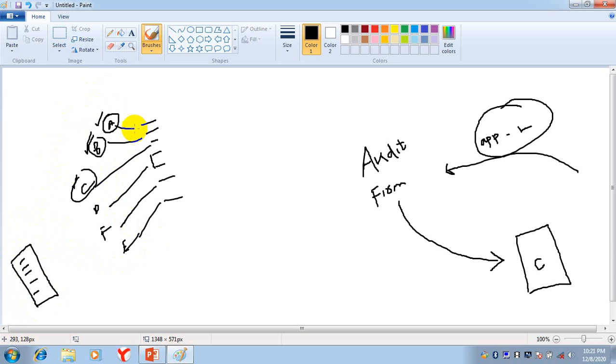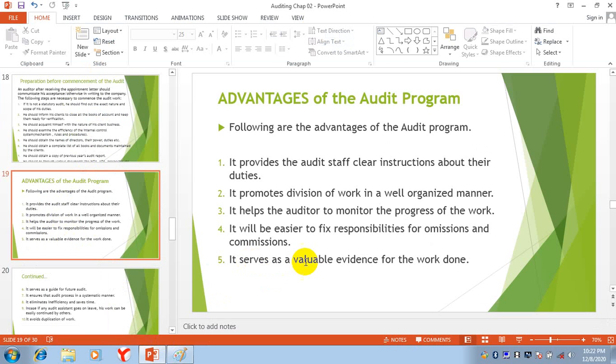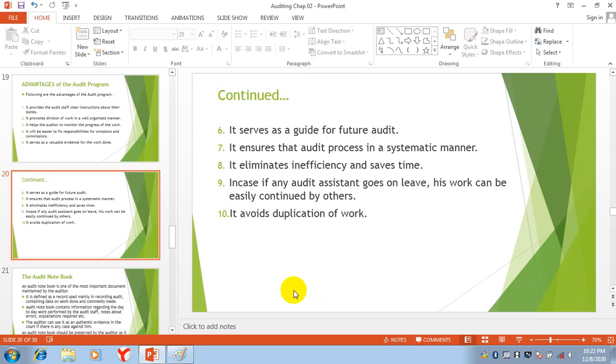Sometimes clients, if they are not satisfied with your work, sue you in a court of law. So in that case, this audit program will be evidence with you that yes, we did conduct the audit. It is evidence that we did this thing, we did this thing.